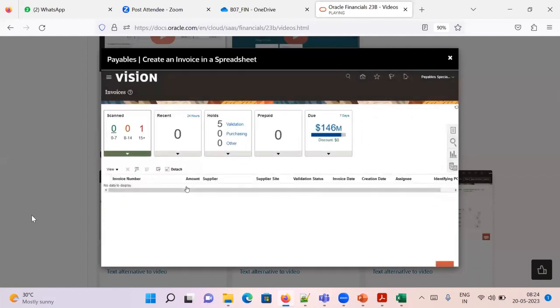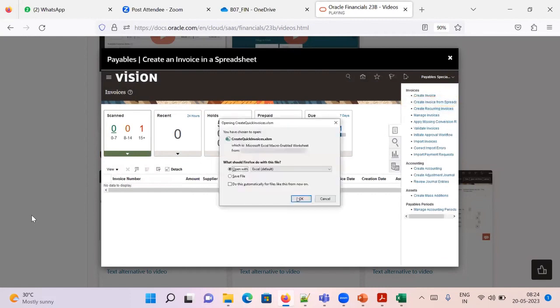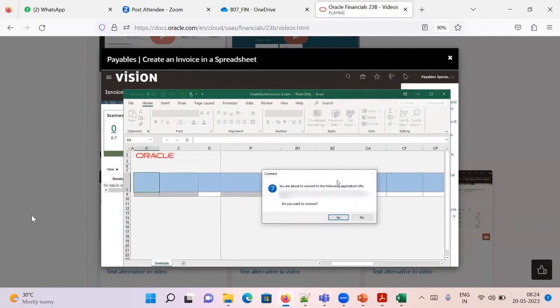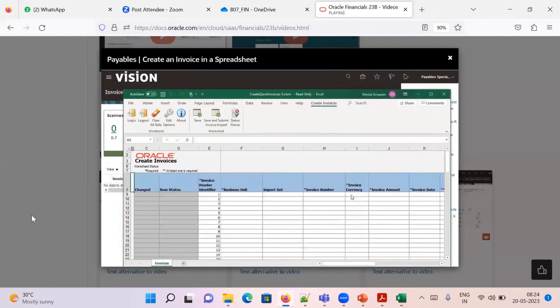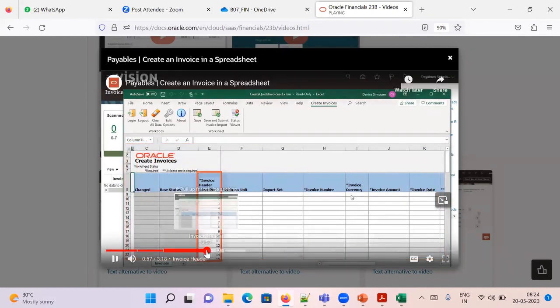Invoices work area. We entered invoices. I'll initiate the task, create invoice from spreadsheet. I'll open the file to enter the invoice information. Now I'll connect to the application. I'll use the same credentials to sign in and connect to the application. All invoice entries are in a single table. The invoice header identifier indicates a